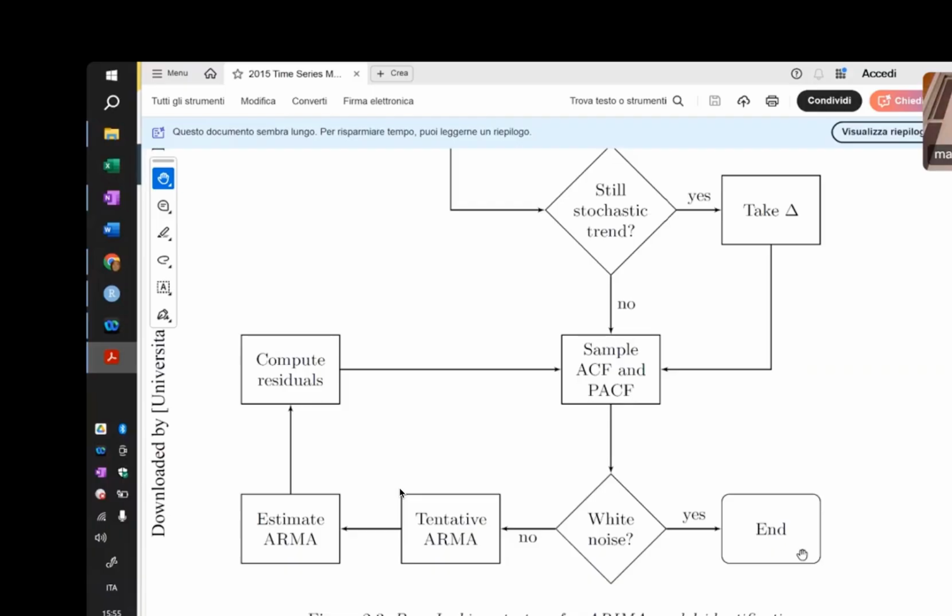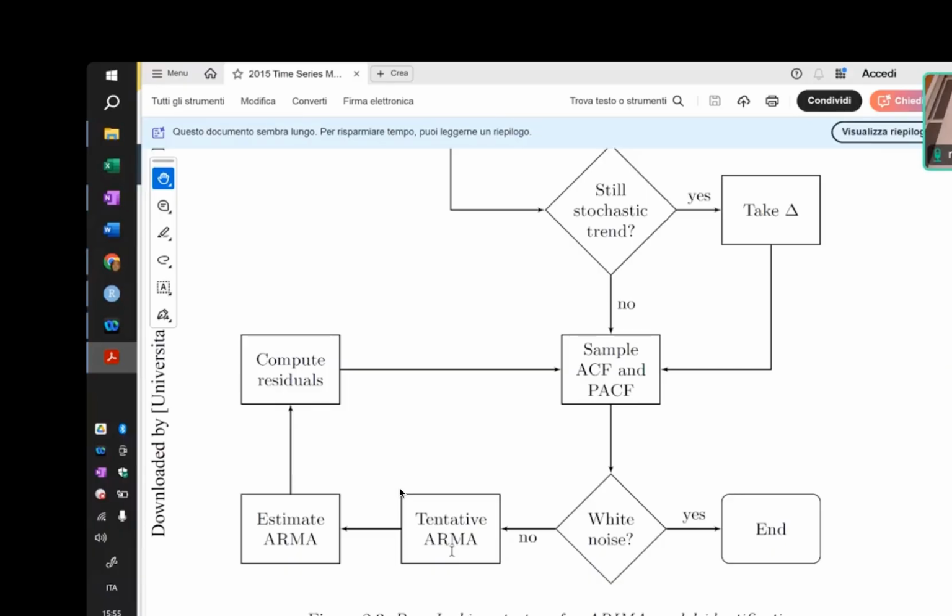So even if it's white noise after the transformation, you are still predicting with something better than white noise, because there are the transformations that you have to reverse that will produce some kind of non-constant prediction. But if it's not white noise,